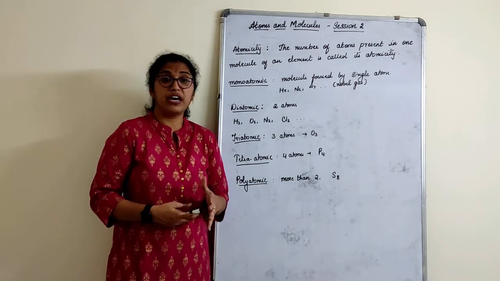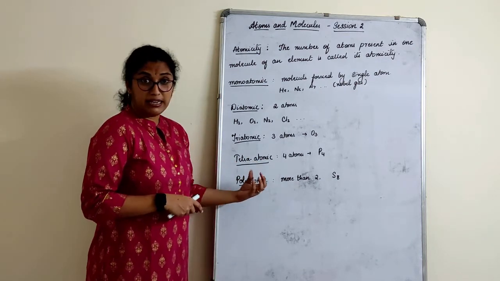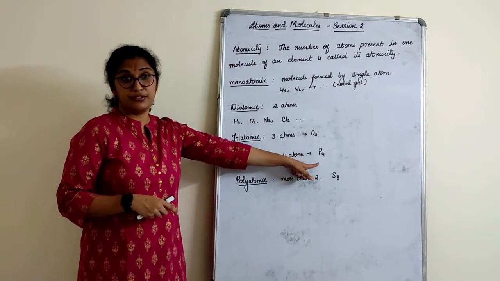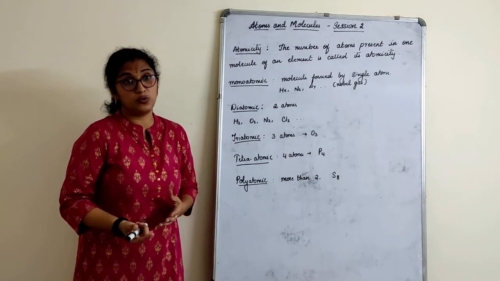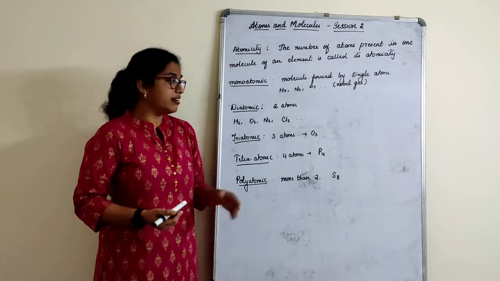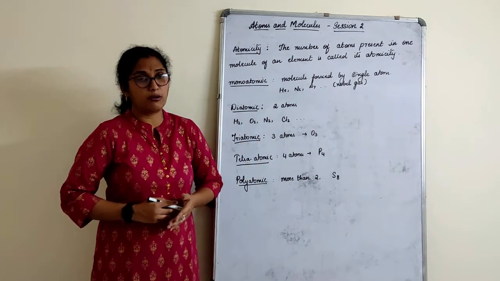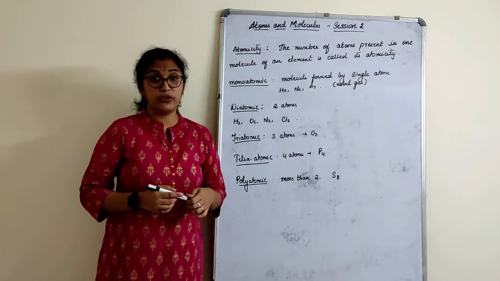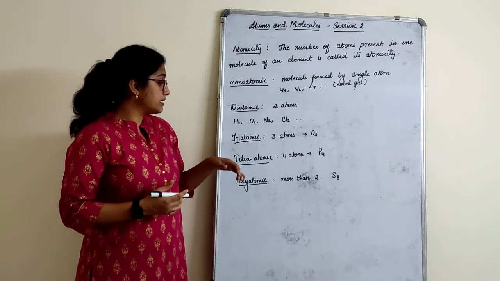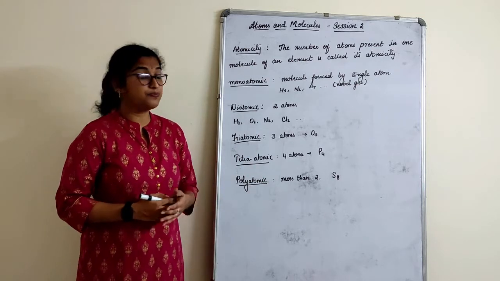For example, if tomorrow I ask you to give an example of a polyatomic element, you can directly say sulfur. You can also write phosphorus, that's correct, because it generally has more than 2. Ozone can also come in that because it has more than 2. But generally we already have names for those as triatomic, tetraatomic, and the last one is polyatomic. On atomicity, usually 1 mark questions are asked, to identify or give examples for monoatomicity, diatomicity, tetraatomicity or polyatomicity of a given element.